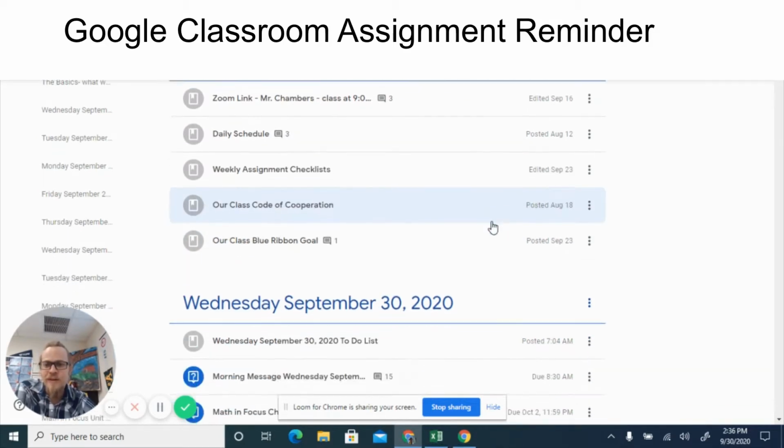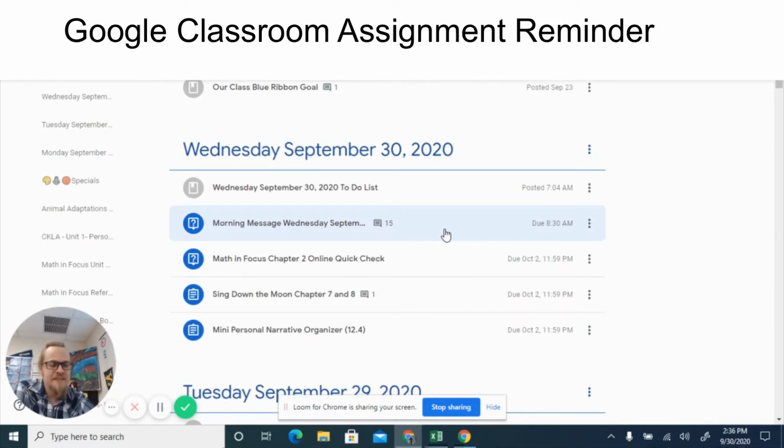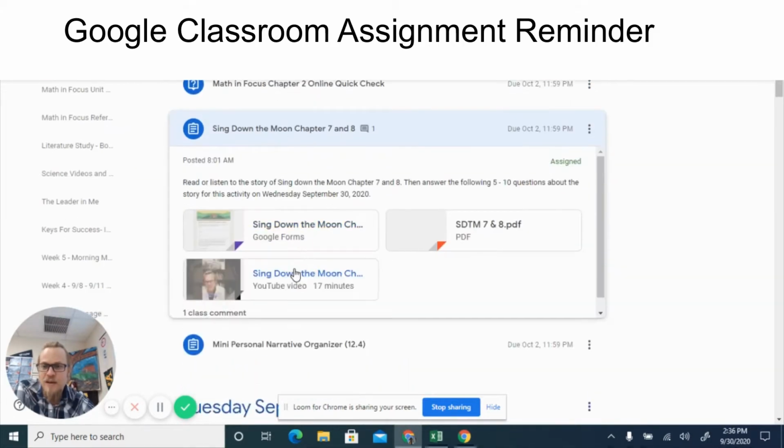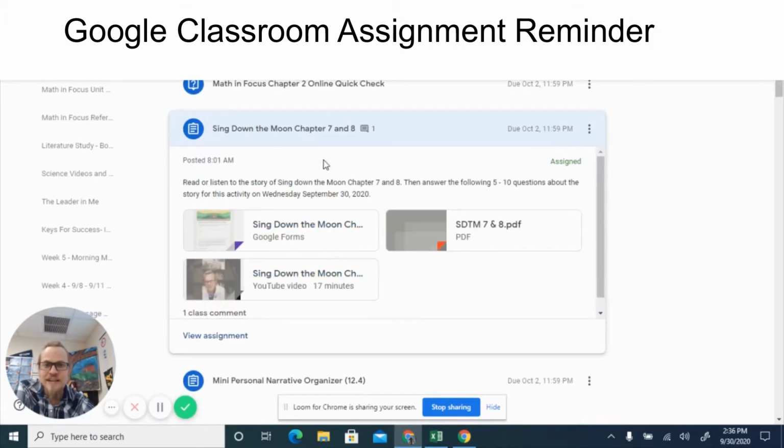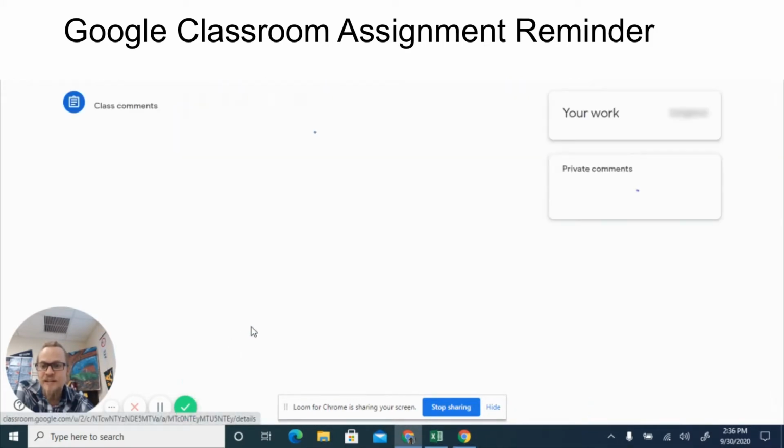So if I go through as a scholar and I see that we have an activity for Sing Down the Moon scheduled for Wednesday, September 30th, 2020. When I get to Sing Down the Moon as a scholar, it will have a Google form, a PDF, and a video. Some of these assignments just have the Google form and the video. But what some scholars, I believe, do is that if they click View Assignment,